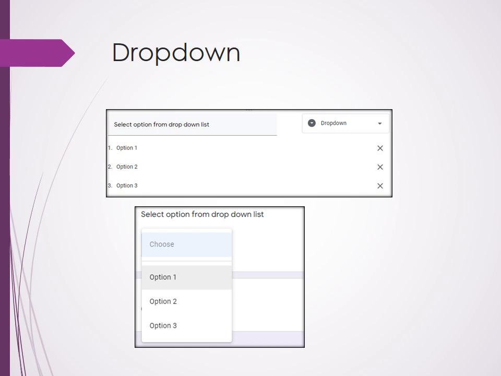But that kind of thing is very nice to see if the options are 3, 4 or 5, or maybe easily get covered within the web page. But suppose the options are more than 5, like 10 or 20 or something like that. So in that case, we may use a drop down.